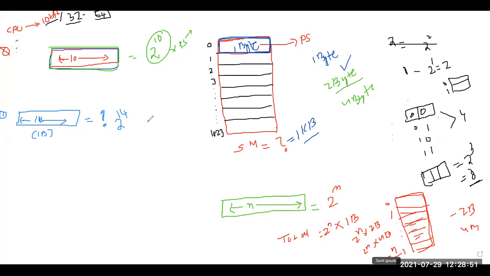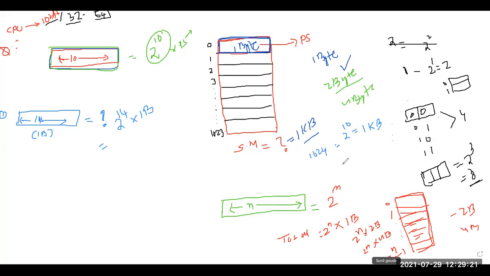Now we are calculating the memory. With this, I have to multiply with the page size. As we know, the system is byte addressable, so it is multiplied by 1 byte. Let us see how to convert. Now just remember this notation: 2 to the power 10 is 1 KB, 1 kilobyte, because if you elaborate it, it is 1024.